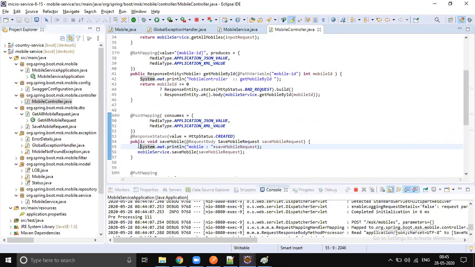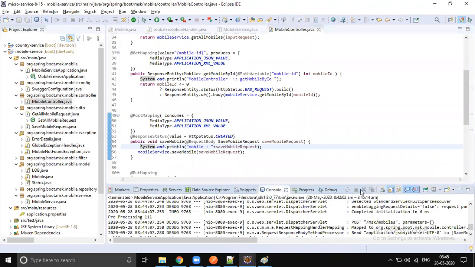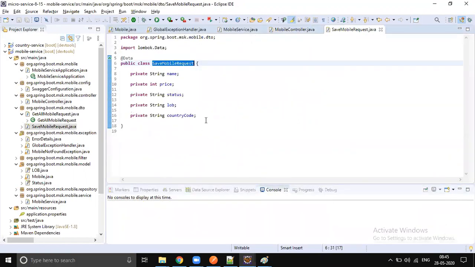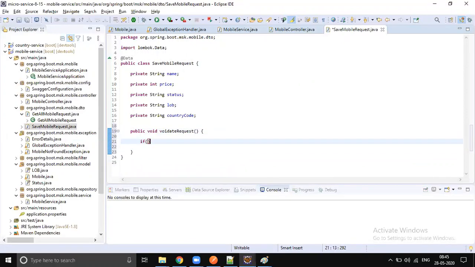So how can we do that? One way of doing that is to go to save mobile request, and here we can add a validate method. Public void validate the request, and you just check: if null not equals to name and null.